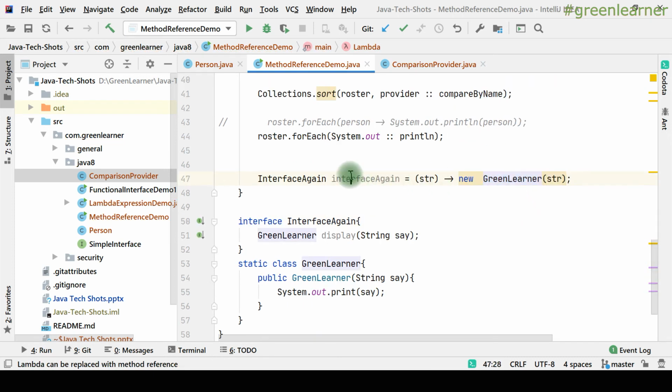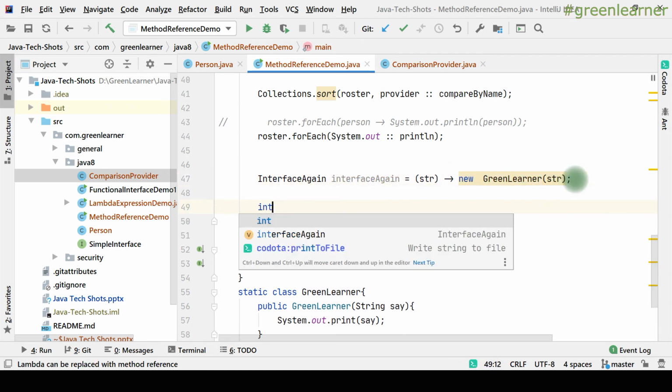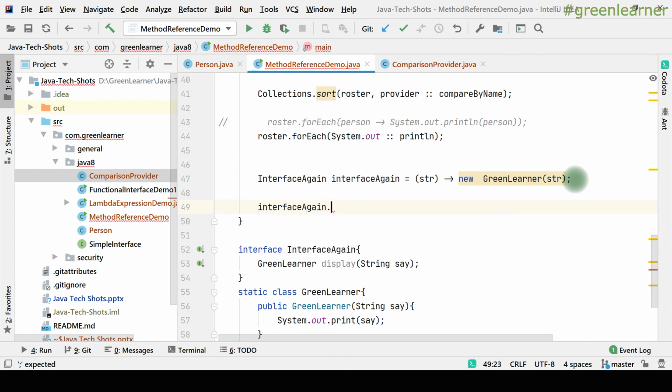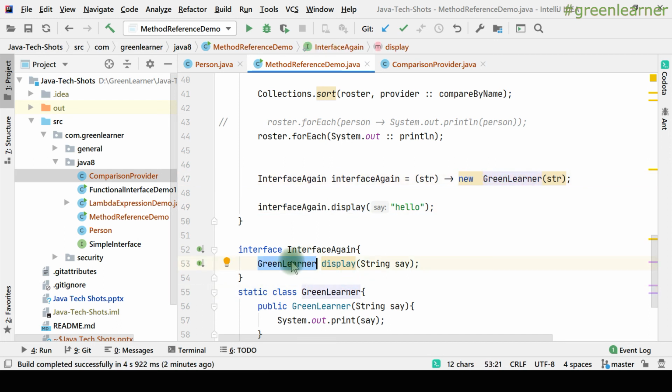This is how you can write the lambda expression for this one. When you call this interface's display, whatever you give here, it is going to print that. So we created the instance of new GreenLearner and created the output from here.